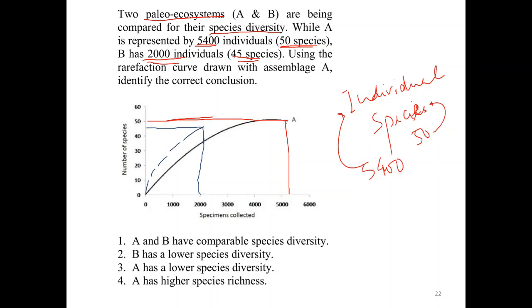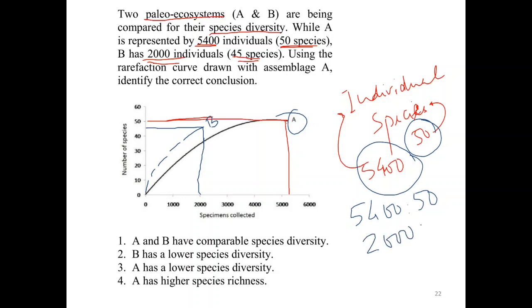This is for B. So you yourself can see that in case of A, the number of species and the total number of individuals, take out the ratio. So if we calculate 5,400 is to 50, and then we calculate 2,000 individuals as to 45,